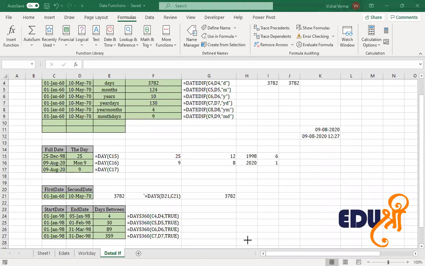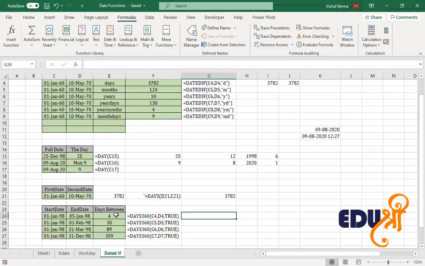This syntax is used for the accounting system based on twelve 30-day months. In India, we do not use DAYS360 because we work on a 365-day system. If it is true, it uses the European accounting system, and if it is false, it uses the USA accounting system. Those working on international assignments use the DAYS360 function.